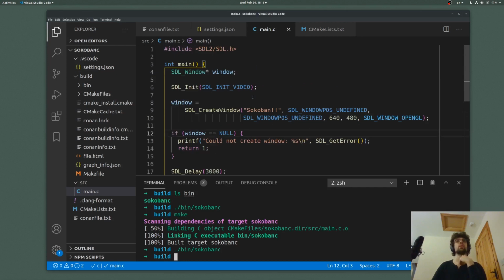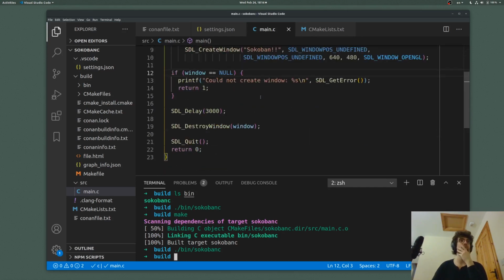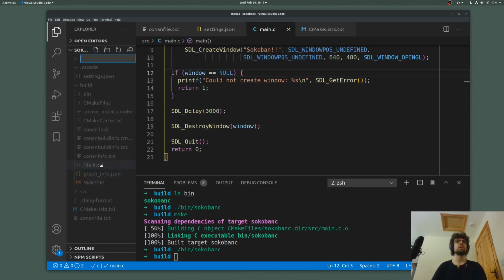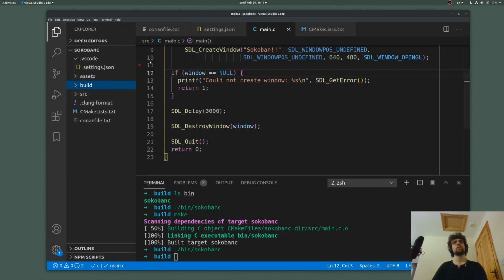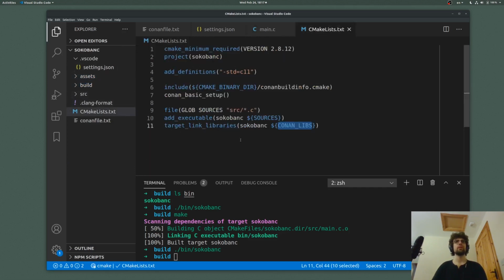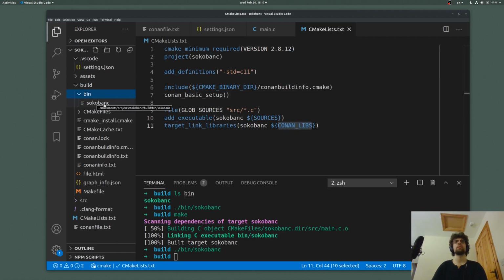So we're almost done for today. The only thing that we're going to do in anticipation is that our game is going to have assets, so images and stuff that are going to be put on the screen, like the character and everything else. So we're going to create an asset folder, assets, in which we'll have all our images and stuff. At the minute, it's going to be empty, but we are going to tell CMake to put it where our binary is, because there's no way our binary is going to reach those assets if the asset folder is not